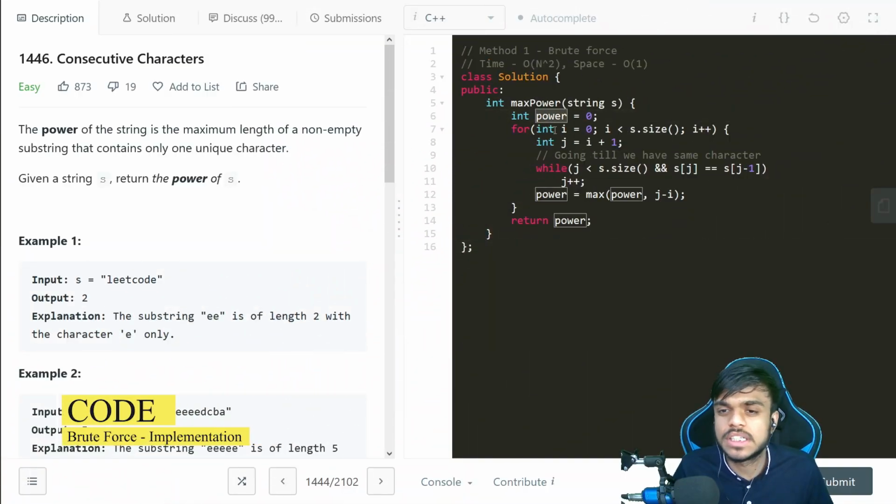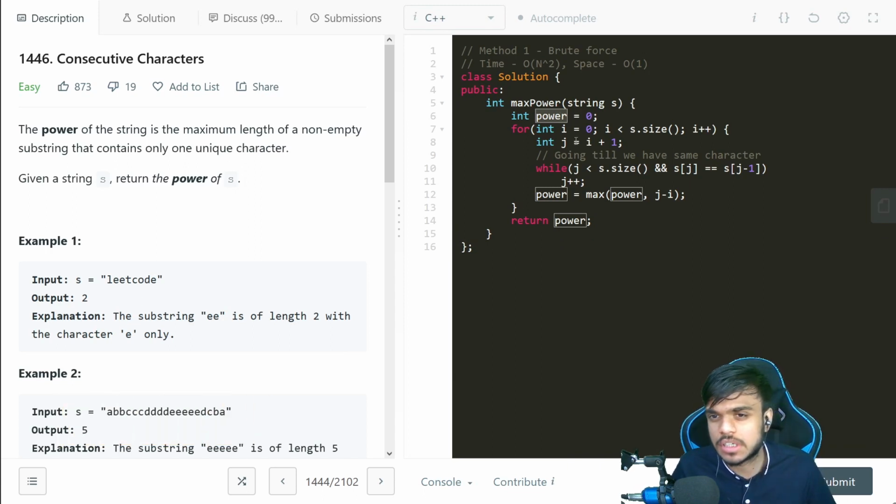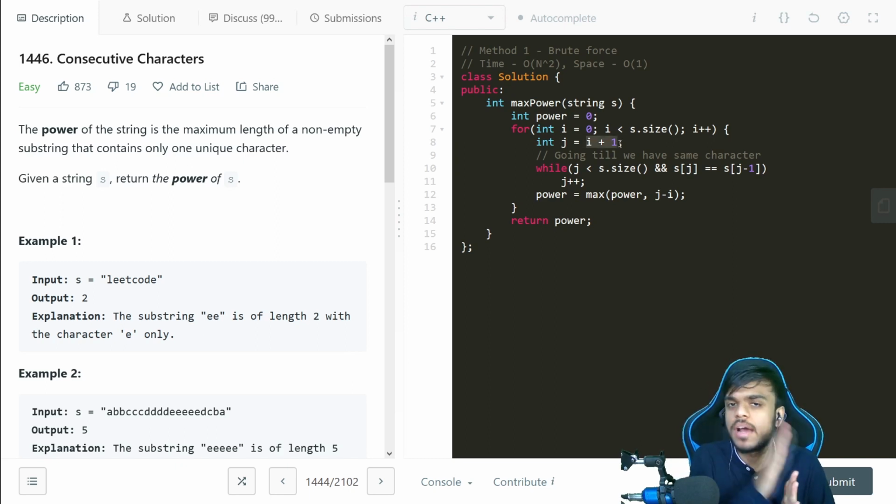What we are basically doing is taking a power variable which keeps a counter of the max power that we have encountered till now. Then we are doing a for loop over the string for every index that we have. For every index, we are defining a second position till which we have to move ahead. So we are taking a second pointer, let's say j, which starts from the initial pointer i plus 1.